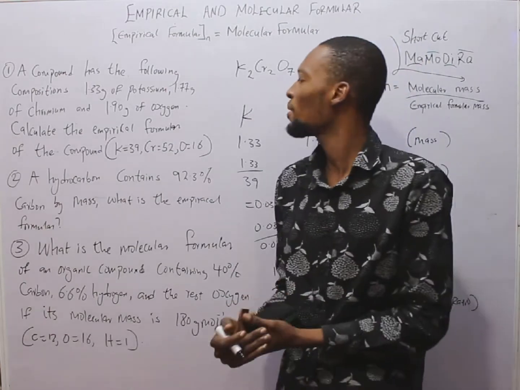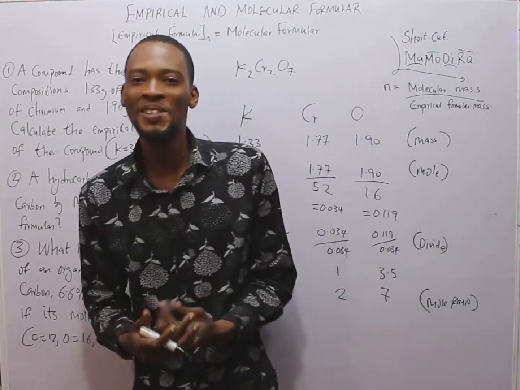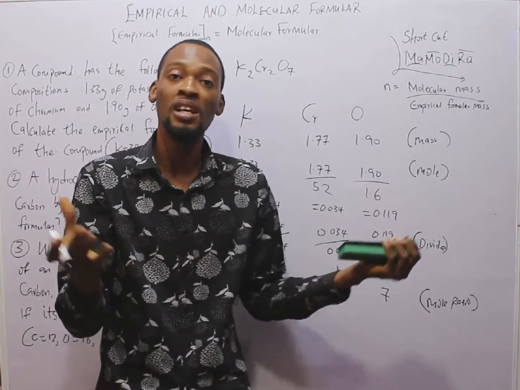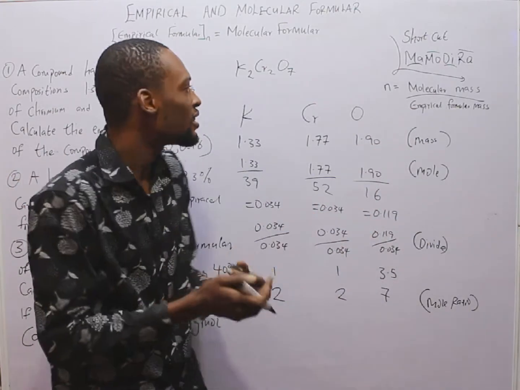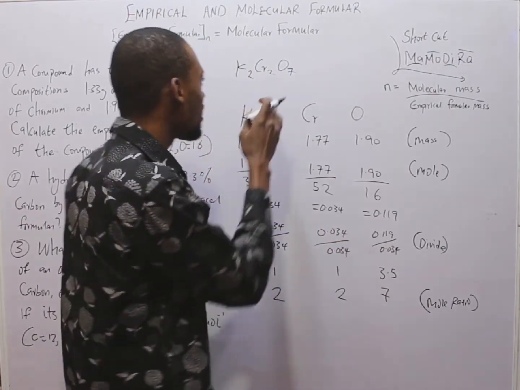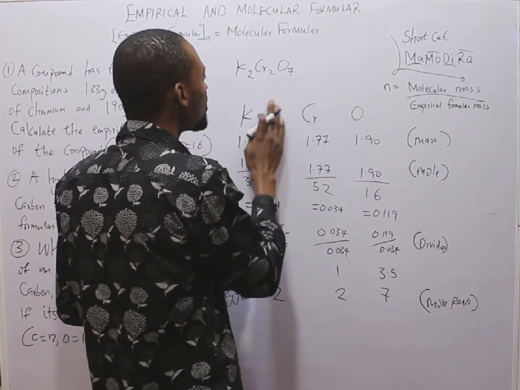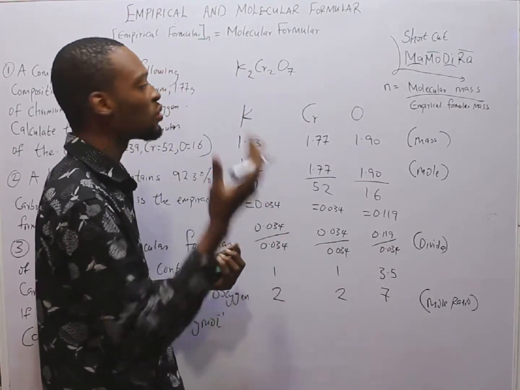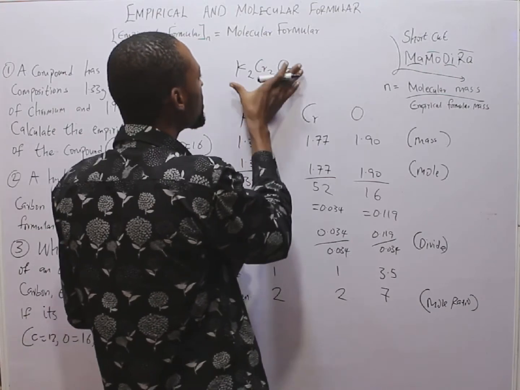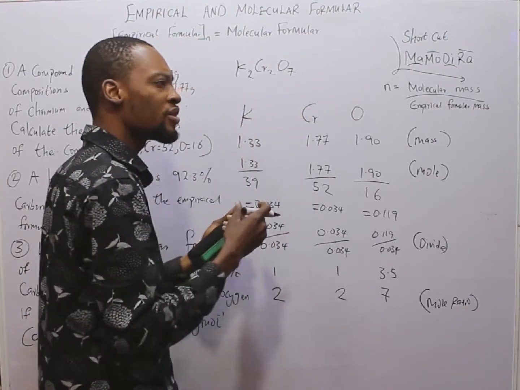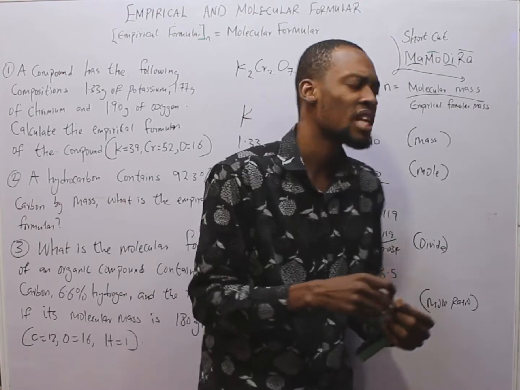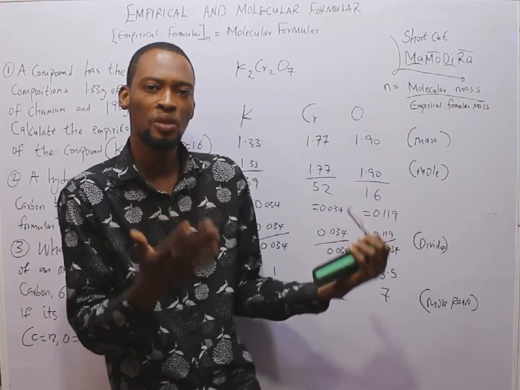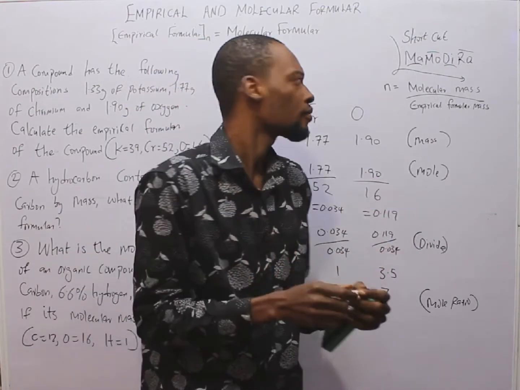What is the name of this compound? This takes us to oxidation number. I already covered that in detail. I'll share a link to that if you're interested, or you just search for it in the chemistry playlist. Given this, the oxidation number of oxygen in most compounds is -2. In peroxide, that should be -1. Then the oxidation number of a compound equals 0. In fact, compounds don't have oxidation numbers. It is simply the elements in the compound that will have their oxidation number or their valency calculated.